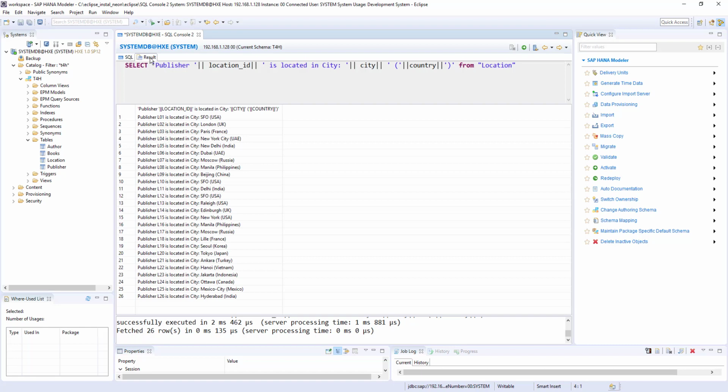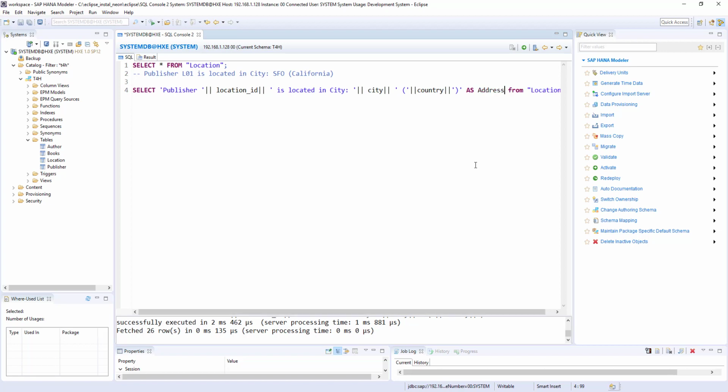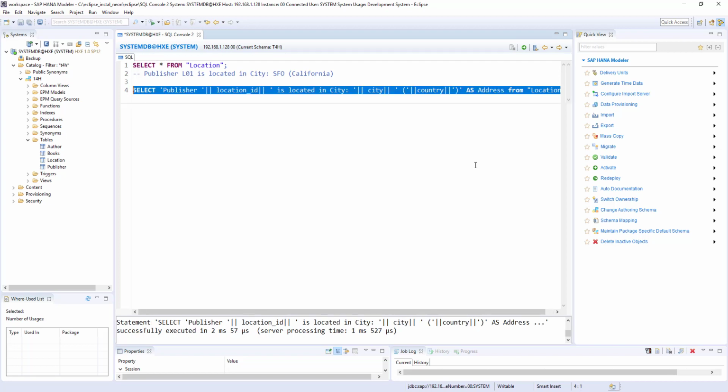If you see the result, my column header is coming as this text, the expression itself. So it's not looking good. If I want to change the column name, I can use the keyword as, and address.